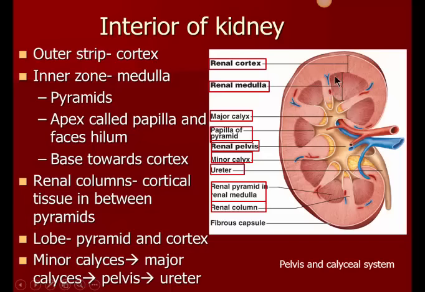They have a base, which you can see faces the cortex, and an apex, which is facing the hilum. You have between 8 to 10 of these medullary pyramids. The tip of the apex is known as the papilla. The papilla is always a projection. The base, you can see, is towards the cortex. And this zone, which is one pyramid,